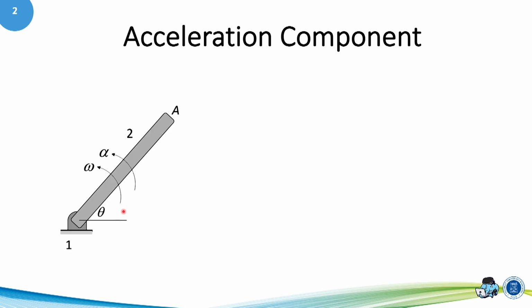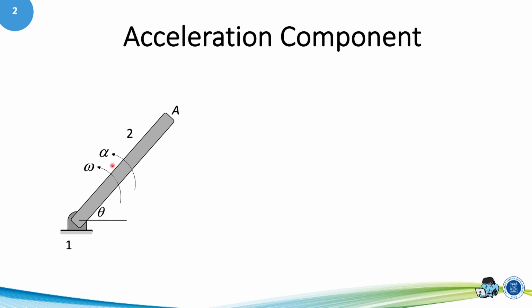This week, we will discuss the new topics after the velocity analysis, that is the acceleration analysis. In the acceleration analysis, I will only cover the polygon method. Before we go into the mechanism, let's see the acceleration in the rigid link. In the slide, you see that there is a rigid link that has the pure rotation. We know the angular velocity and also we know the angular acceleration.